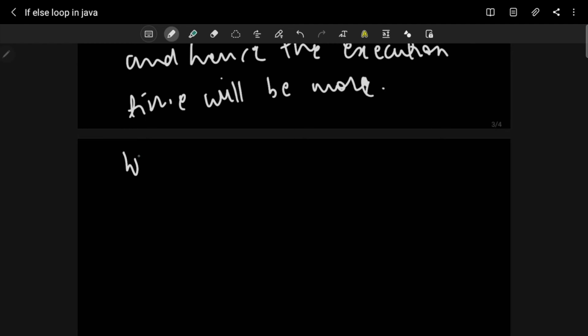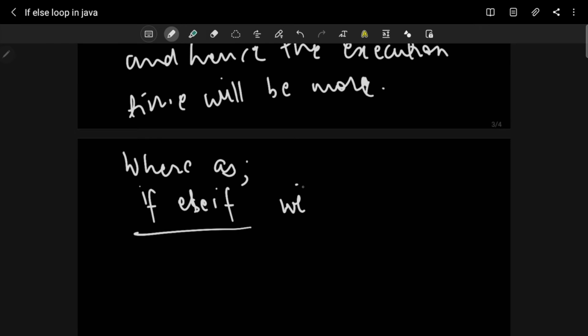Whereas when we talk about here, when we talk about the if else if, on the other hand, what will happen here? If else if, when we talk about this, will take less time. Why?